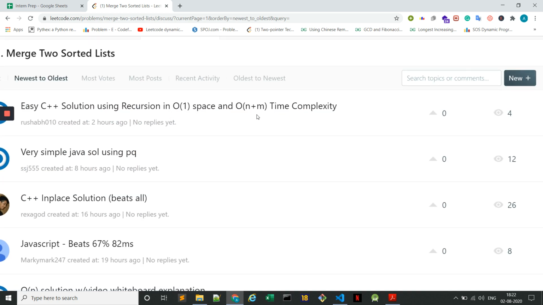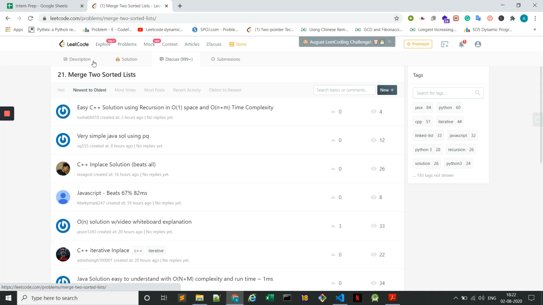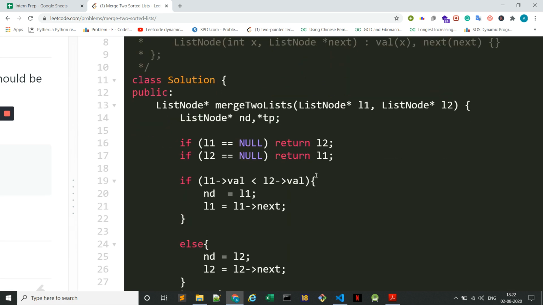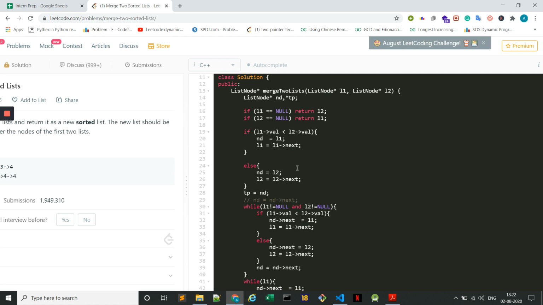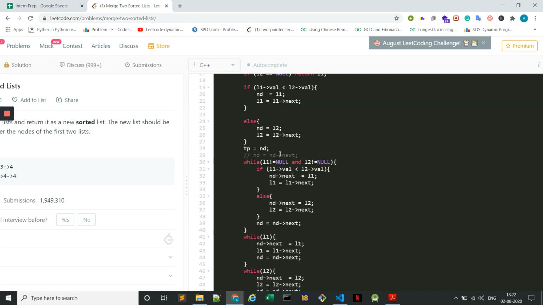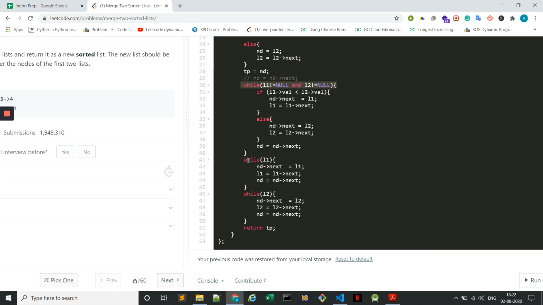So our solution is the same, and I think our solution is better. Why? Because its time complexity is order of max of m comma n. Let's say the length of the first list is m, and the length of the second is n, such that m is less than n. This will go up to m. Once L1 is finished it will be null, so this won't operate, but the other loop will operate only till the length n.